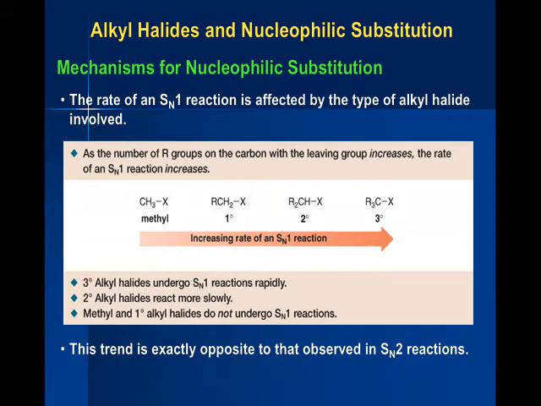Now, it turns out that the rate of an SN1 reaction is proportional to the stability of the carbocation. The more stable the carbocation that you're forming, the faster the reaction will be, okay? And that comes down to the Hammond postulate, which we'll talk a little bit about in a second. But basically, when we observe these reactions, what we notice is that if I have a methyl alkyl halide, the